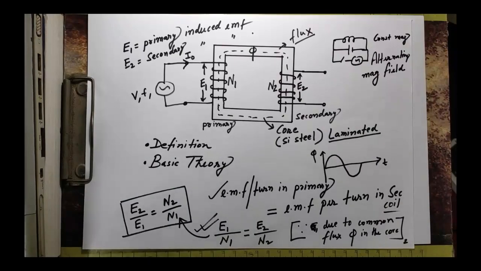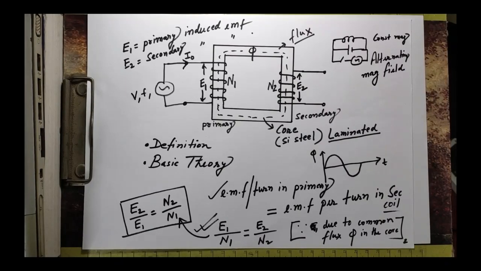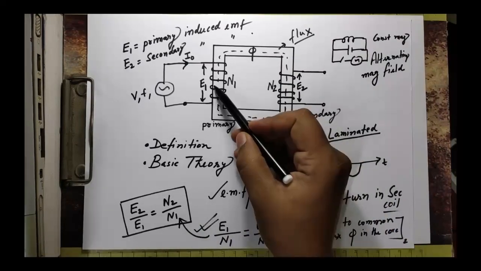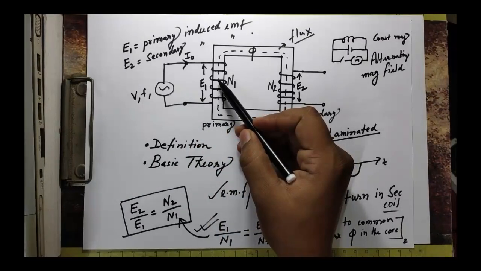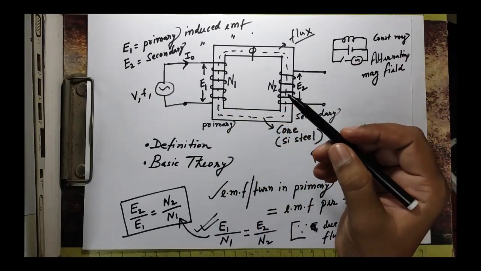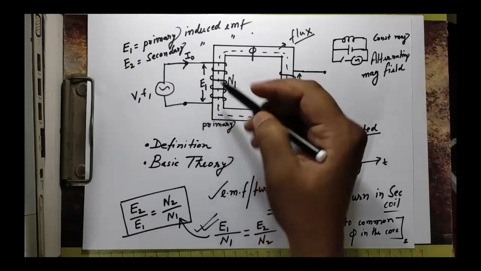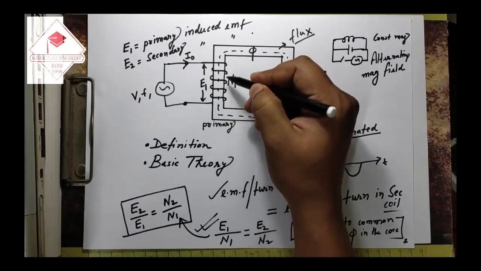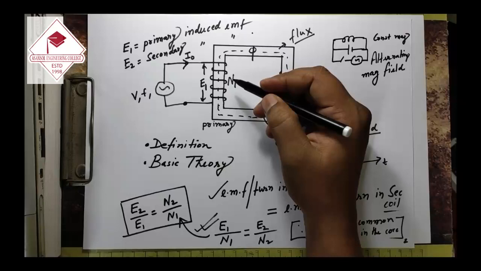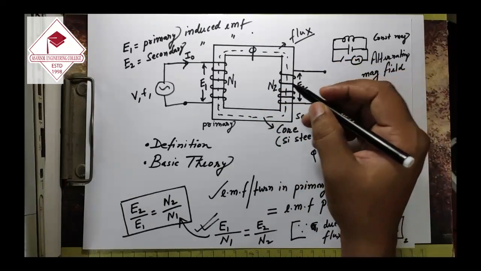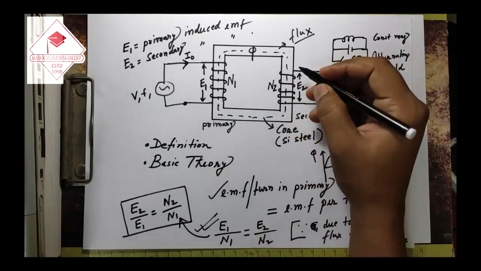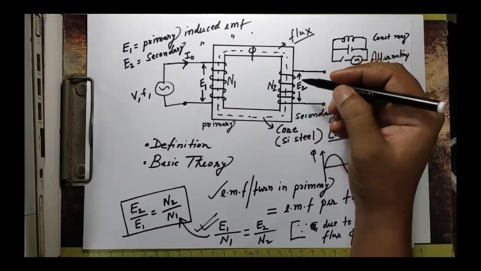Okay, so now we can conclude, once again I am telling you the basic theory of transformer: whenever we apply alternating current to an electric coil, there will be an alternating flux surrounding the coil, right? Surrounding this coil there will be alternating flux. Now if we bring another coil near to the first one, there will be an alternating flux linkage with that